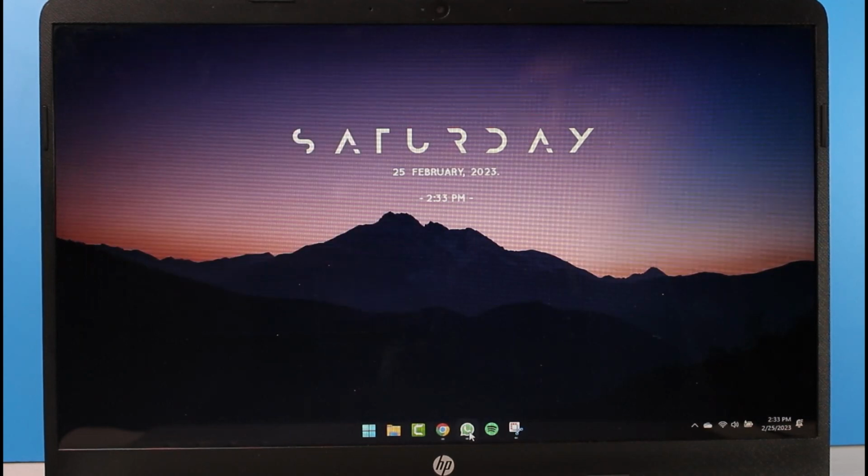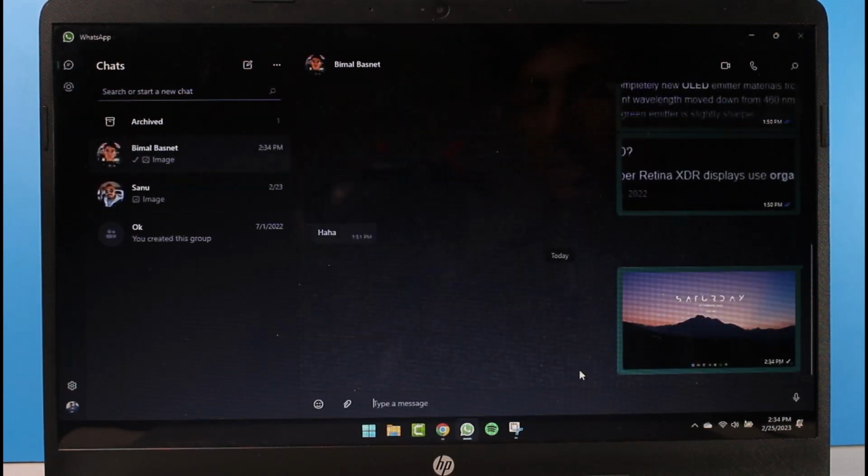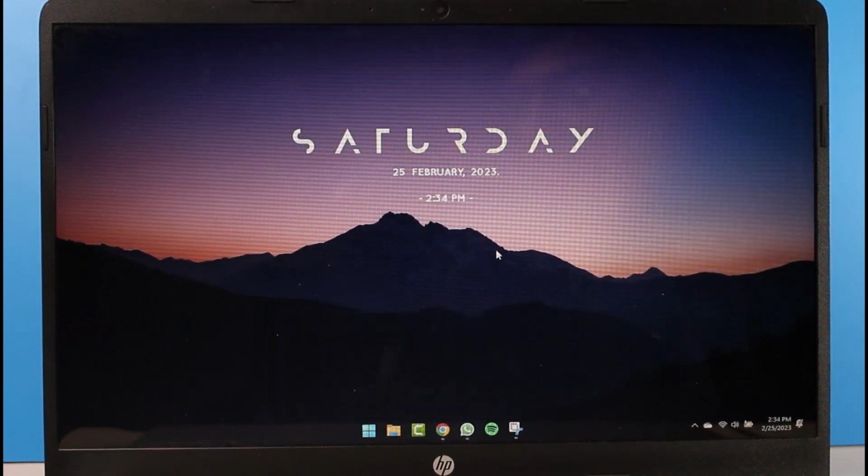Now let's back out, and then let's say you want to send this screenshot to someone. All you have to do is come over here and then paste the screenshot. After that, send. Now that is one way on how you can take a screenshot and then send it to someone. Now the second method on how you can take a screenshot using the snipping tool is simply using the